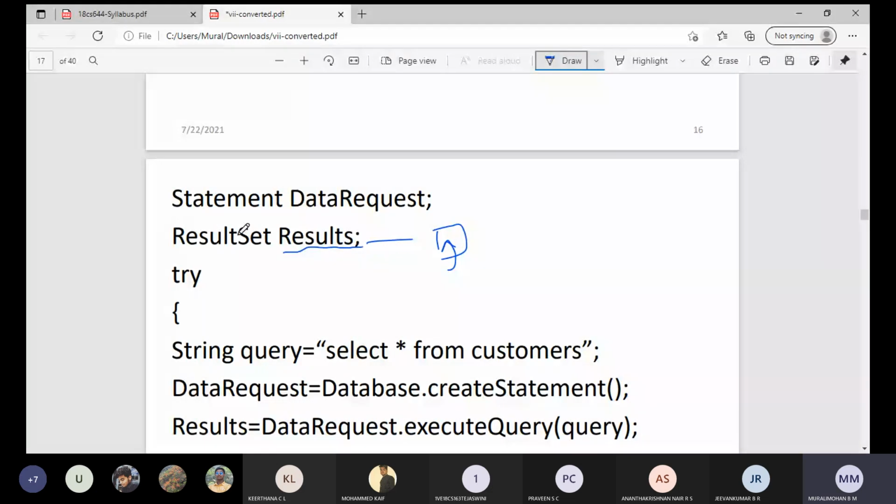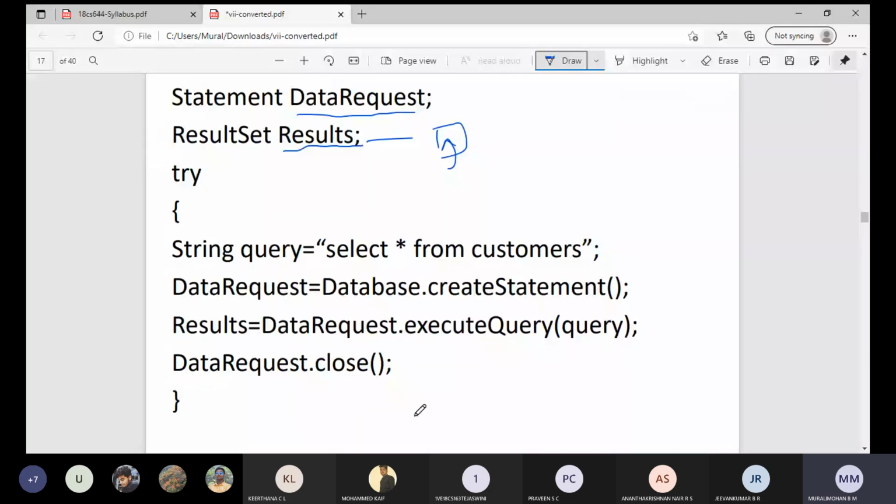So to create a statement object, we are using the createStatement method, and here that connection object, whichever is created, we are using here. Suppose if we are using the connection object as CON or DB, whatever it is, you can use it here. And now what is this data request? It is a statement object.